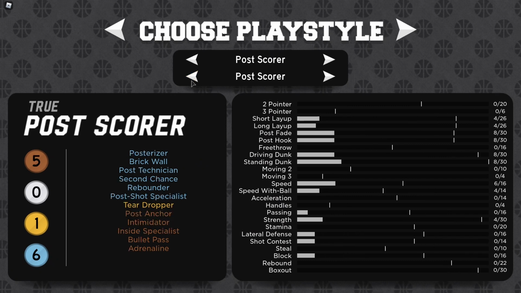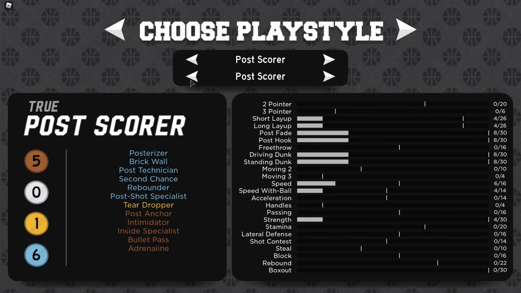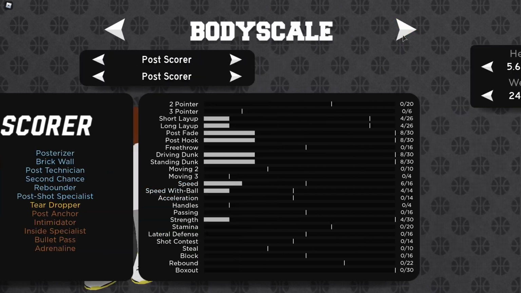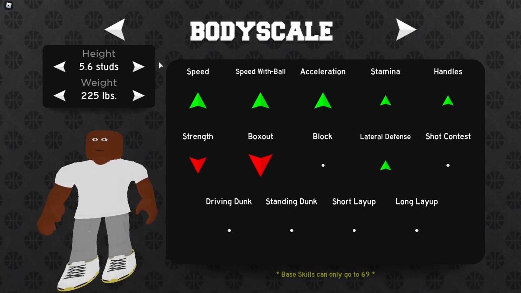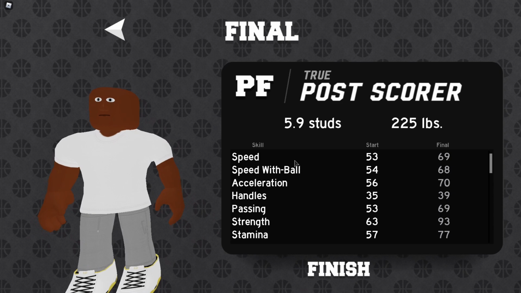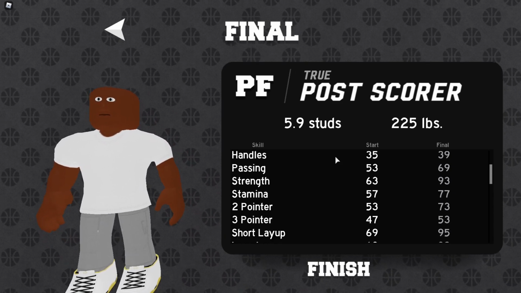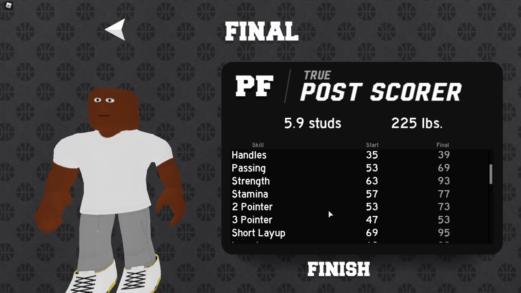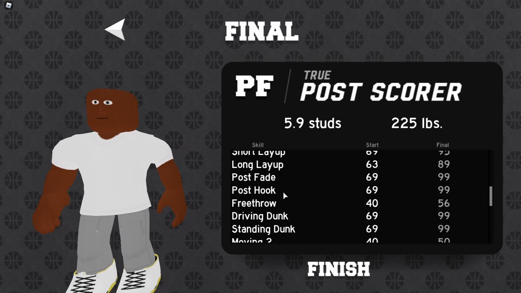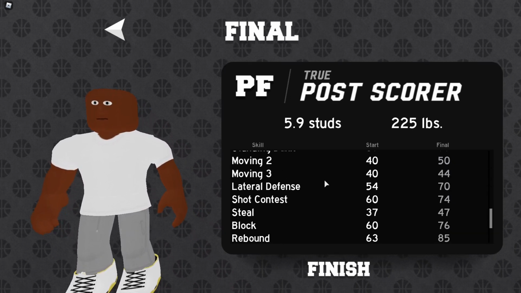We got power forward. Honestly, I'm not a big fan of power forward builds just because of how bad the defense is compared to center. But the one power forward build that I did make was true post. This build is really good on offense if you're good as a post scorer. You know what I'm saying? It could shoot, it could lay it up, it could pretty much do everything that you need to baby a small in the paint. Max dunk, max post fade,